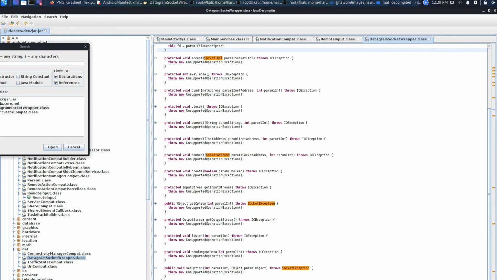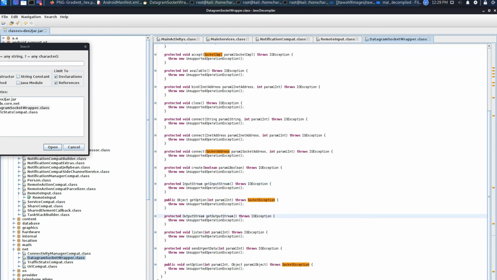You can see it is connecting input stream, output stream, listening, send urgent data, maybe some kind of OTPs. And one more thing, send urgent data. If you install WhatsApp or Zomato, any application, whenever a new user logs in, you will get an OTP, right? In some applications, the user will enter it manually. He will open his message application, see the OTP there and enter it. In some cases, some applications will fetch it automatically from the message application, right?